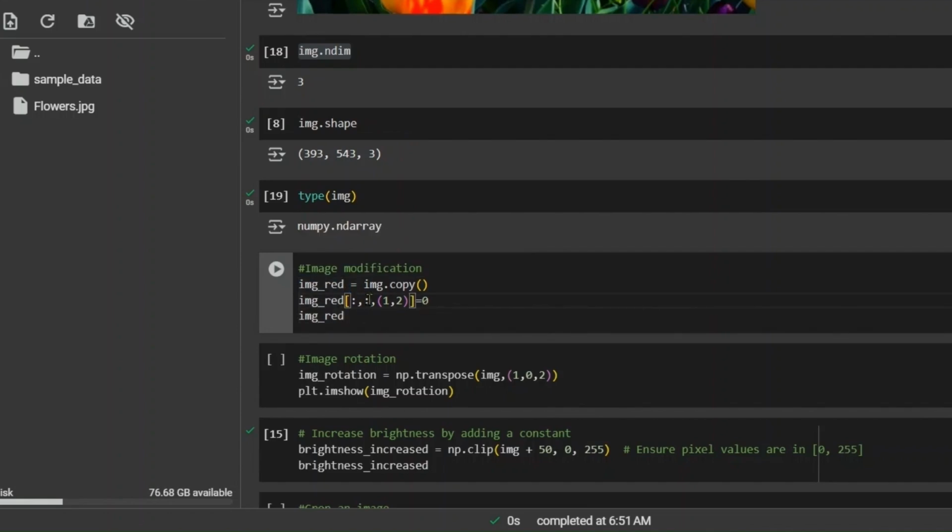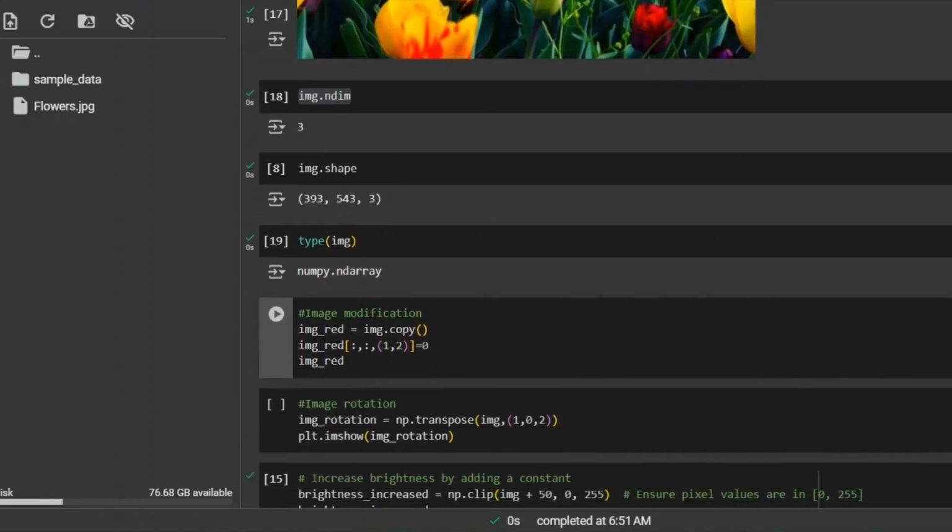What I want to modify here is the color of the current image. So I'm trying img_red, where in the first position I don't want to modify anything, in the second position also I don't want to modify anything, but in the third position, where there are RGB values, I want to do some modification at index 1 and 2. So if I run this,